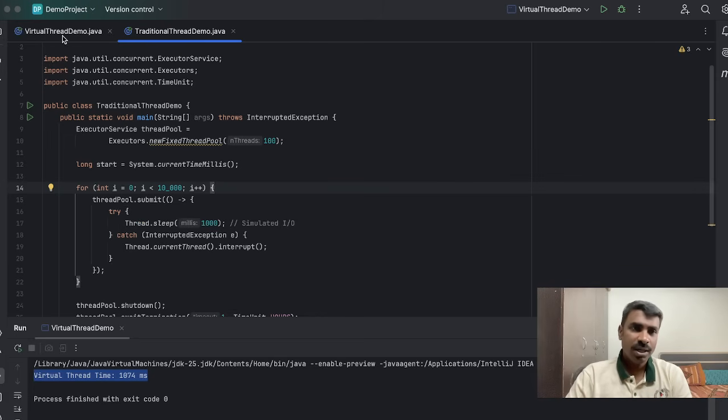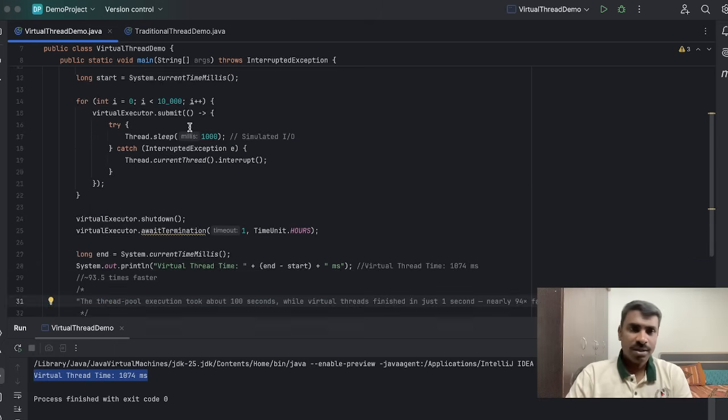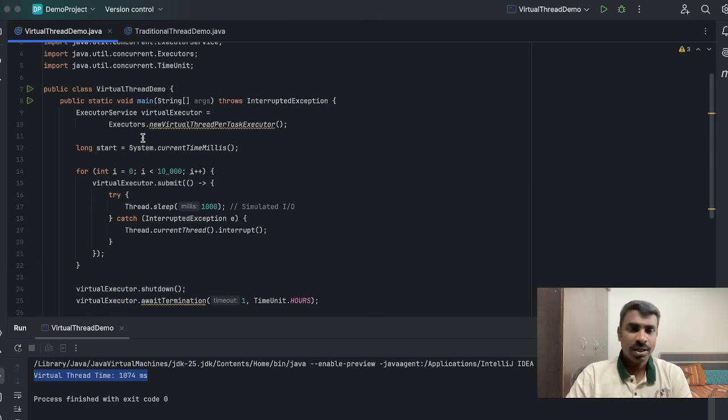Similarly, I have created one with virtual threads. Here you can see this is very important: new virtual thread per task executor. This is how we create a virtual thread. You understand, right? This is the difference in how to create them.